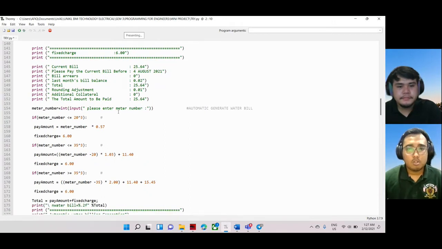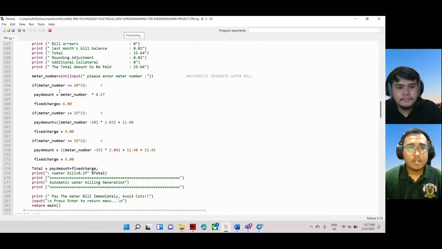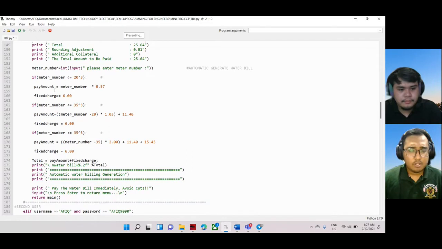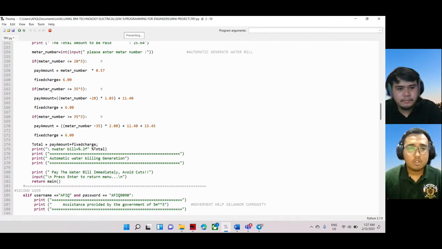Okay, this is for the automatic generate water bill. For the declaration, meter_number equal to int(input("please enter meter number")). If meter number less than 20 meter cube, pay amount equal to meter_number times 0.57, and fixed charge is 6 ringgit. If meter_number less than 35 meter cube,